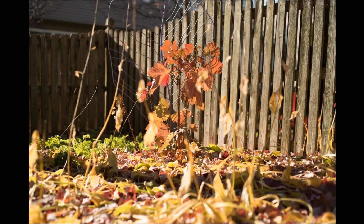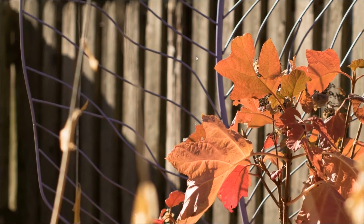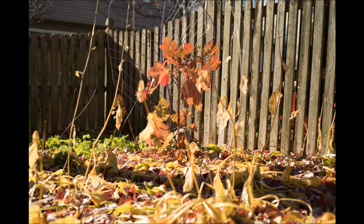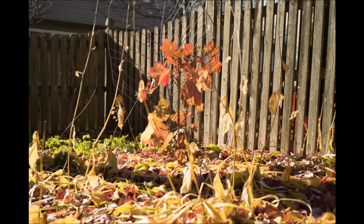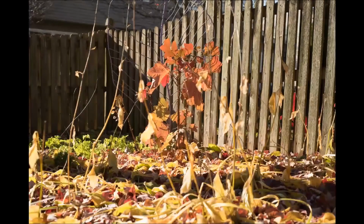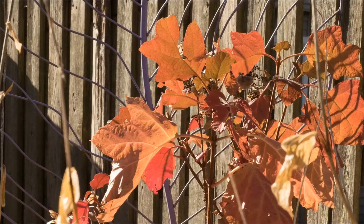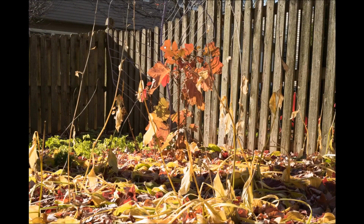At f2.8, I think there's a definite improvement in sharpness, but I'm still expecting things to get a little better. As we stop down, here's f4, and starting to get some real good detail. f5.6, and from here on out it's about the same. f8, f11, f16,